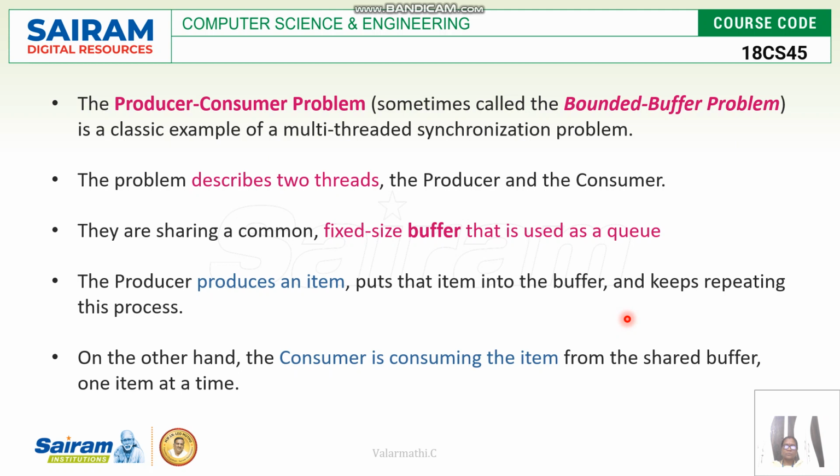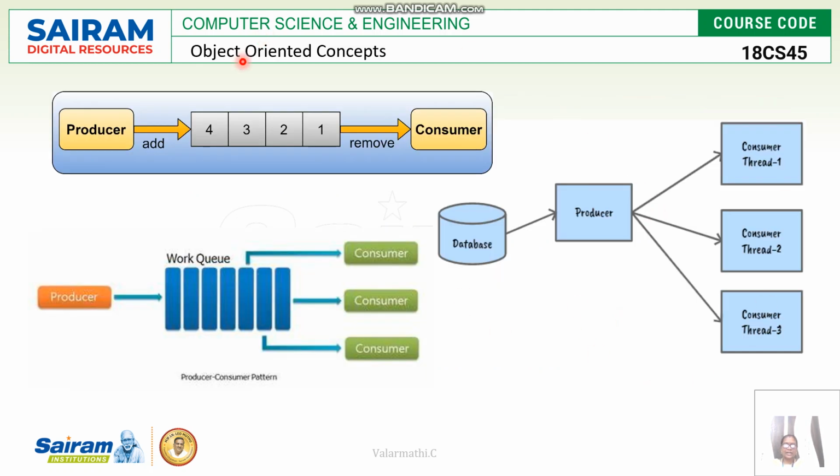Likewise, the producer and consumer problem is a parallel process on both sides, producer side and consumer side. The items which are inserted and deleted are handled with the help of the buffer. This is a pictorial representation of how the producer adds the items and how the consumer removes the items from the producer. So it is like a queue. The buffer is exactly implemented as a queue, where the first item inserted is the first one deleted or given to the consumer.